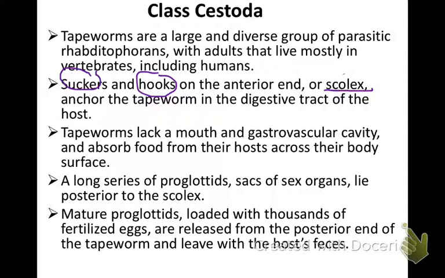The tapeworms lack a mouth or gastrovascular cavity, and they absorb food from their hosts across the body surface. And behind the head, a series of segments or proglottids form, which essentially fill entirely with male and female sex organs, and then the mature proglottids are loaded with thousands of fertilized eggs, which are released from segments that break off the posterior end of the